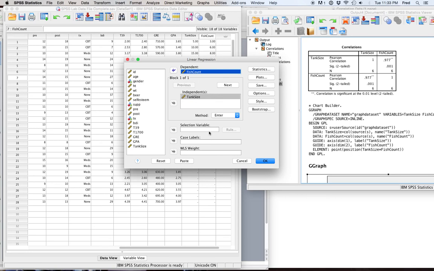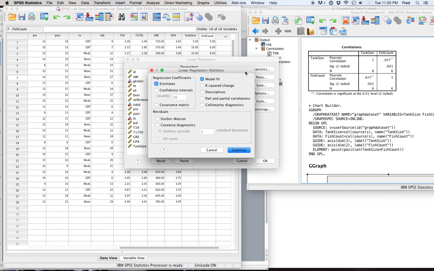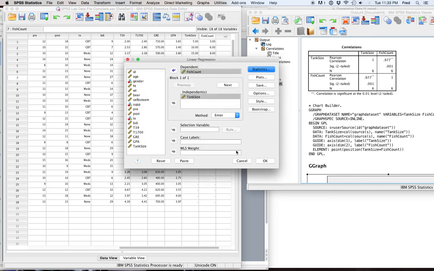Now, you can play with this in more advanced statistical analyses. If we click on the statistics button, we tell it to give us the model fit. That's the default. That's very important. And regression estimates, we can accept that. We're not going to use them in this class, but that's, again, part of the default. So click continue. Everything else is really status quo. You don't have to do anything else. So just set up your independent variable, your x variable, and your dependent variable, which will be your y variable. And when you click OK,